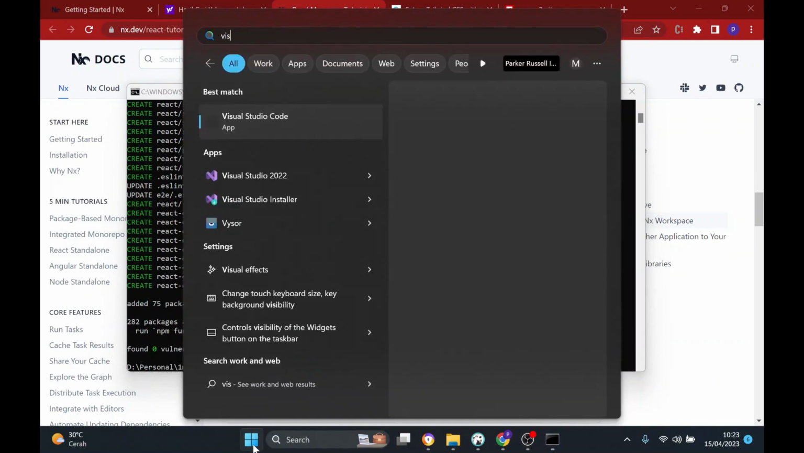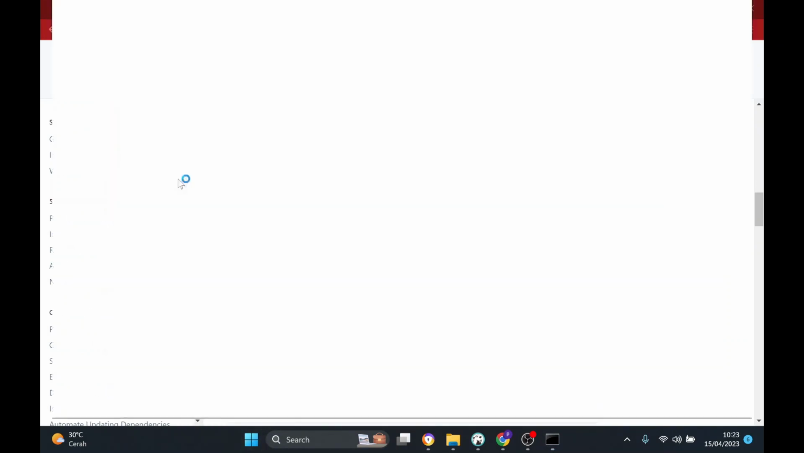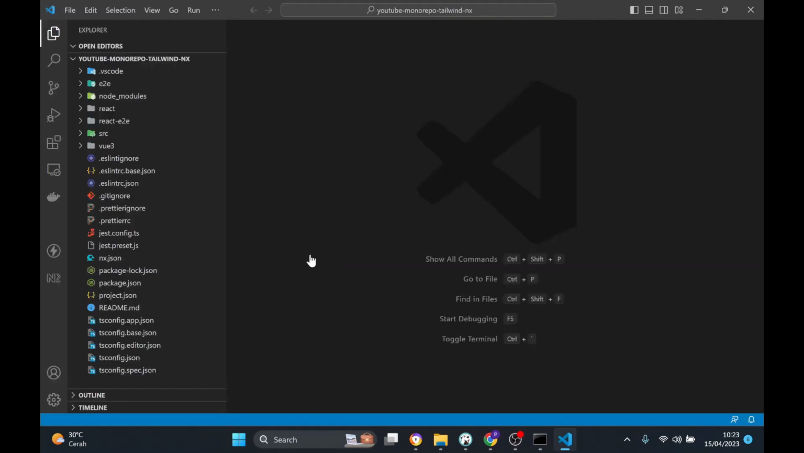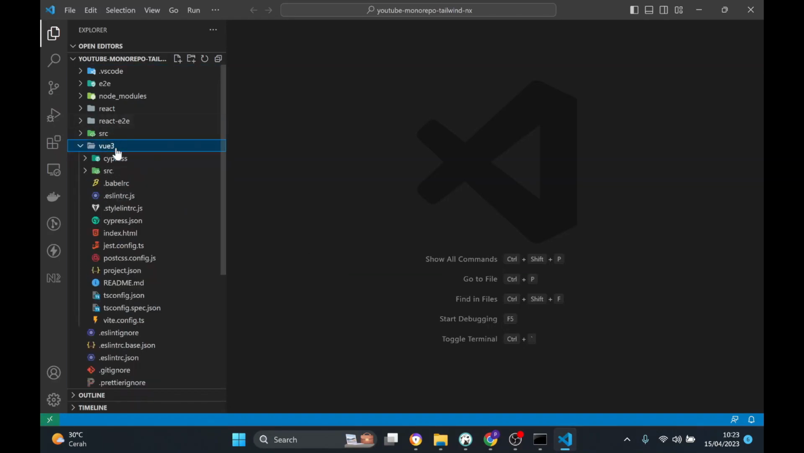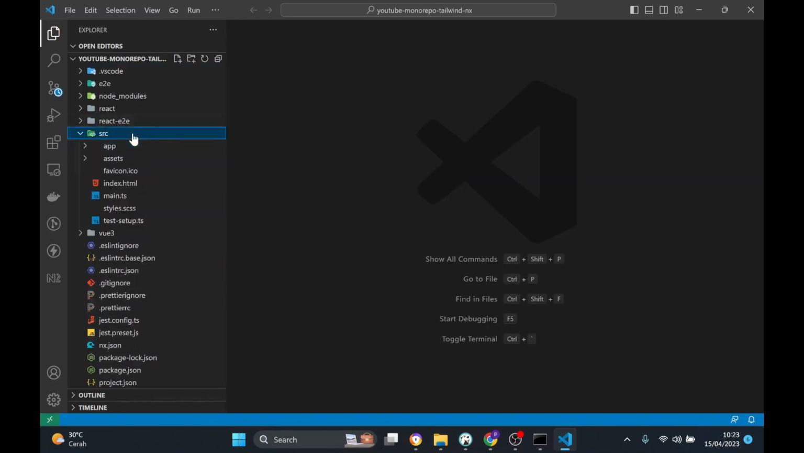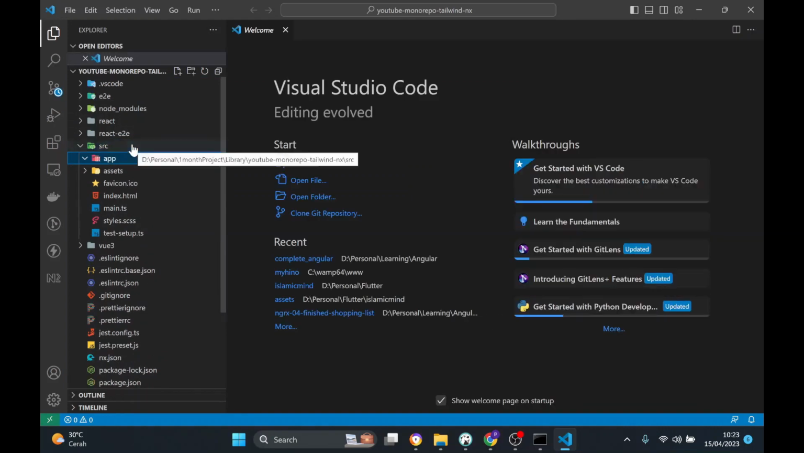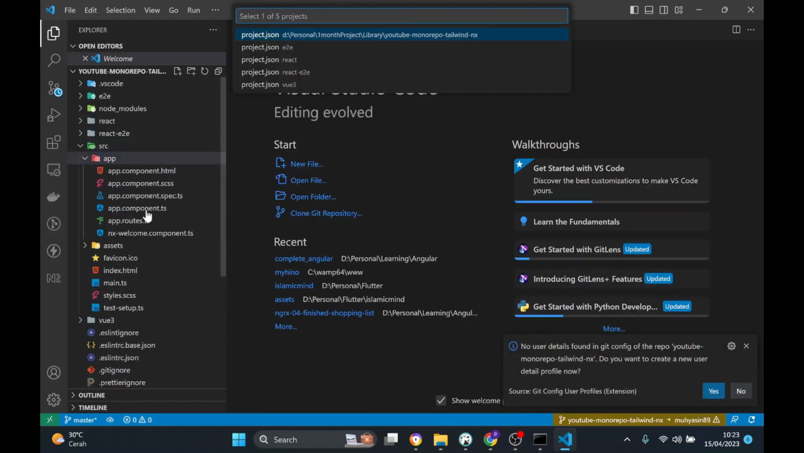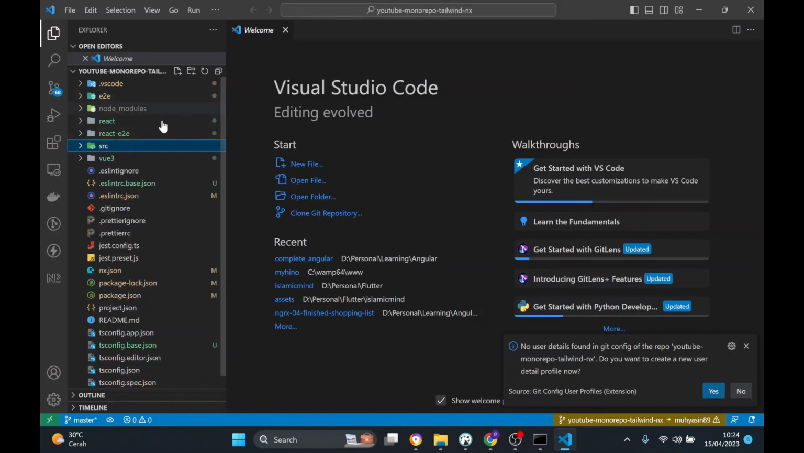Okay, now I'm going to open Visual Studio in here. Wait a minute, and we have this one, right? Look at the structure. We have Vue, we have React in here, and the rest is the Angular one. Look at this. You can see that there is an Angular component in here, and the React one has a React component there. Okay,